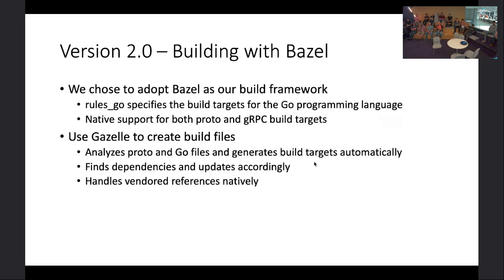We chose it, and specifically we chose the rules_go subsection of Bazel. Bazel is a generic build executor, and then it has a series of rules that control the compilation and the generation of each of the different programming languages that the framework enables. So rules_go is the part of Bazel that you want to use if you're going to be building Go code using Bazel. It has both native support for Proto and gRPC build targets, which is super handy, and it uses